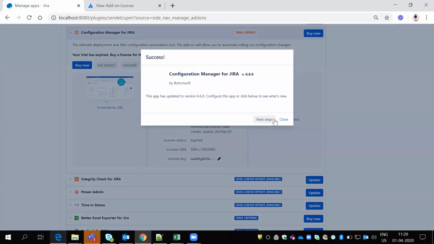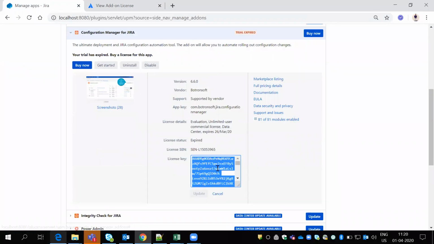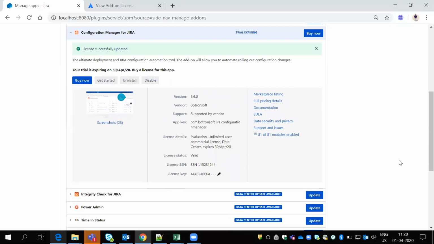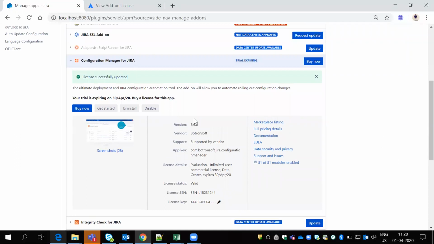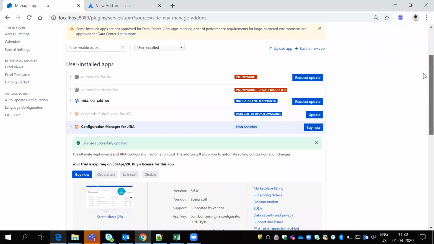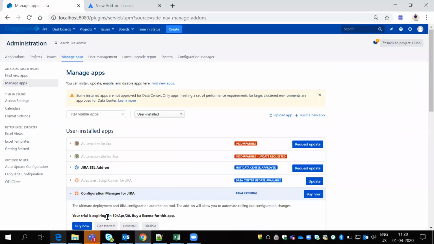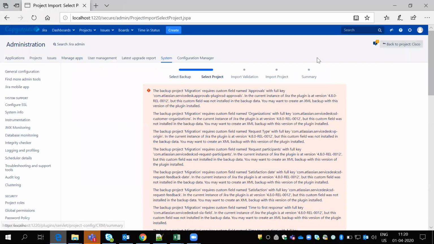I think all of you know how to install plugins, right? You go there, install these plugins, and update licenses. This is my 8080 instance, and the same plugin should be in the target instance as well.